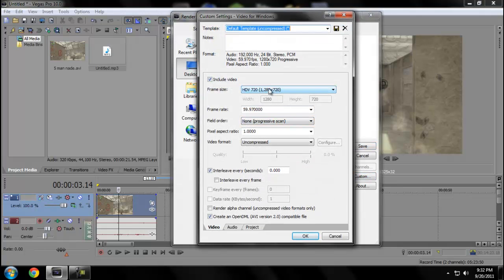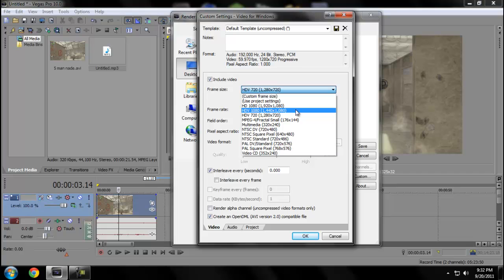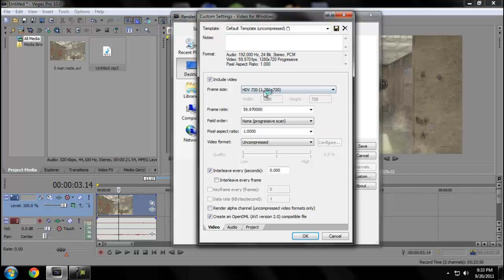Go to Custom and make sure it's on HDV 720, 1280 by 720, unless you recorded with a capture card for the Xbox and PS3. I forget what it's called. It's a Hauppauge. It's not a PVR, it's something else. But you don't want to have that unless you have a really high-end recorder. Like mine, I can use that, but the file size is extremely large. So just go to HDV